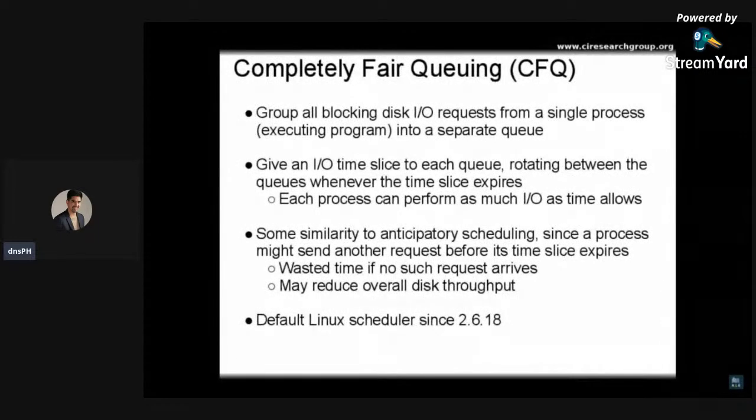Completely fair queuing is a somewhat different idea, where instead of actually scheduling the I/O requests, the completely fair queuing model schedules processes, or running programs, to have time slice access to each disk. Essentially, this CFQ scheduler gives each process an I/O time slice, and that process can do as much I/O on the disk as it would like within that time slice. When the time slice expires, the CFQ scheduler moves on to the next process and gives it access time to